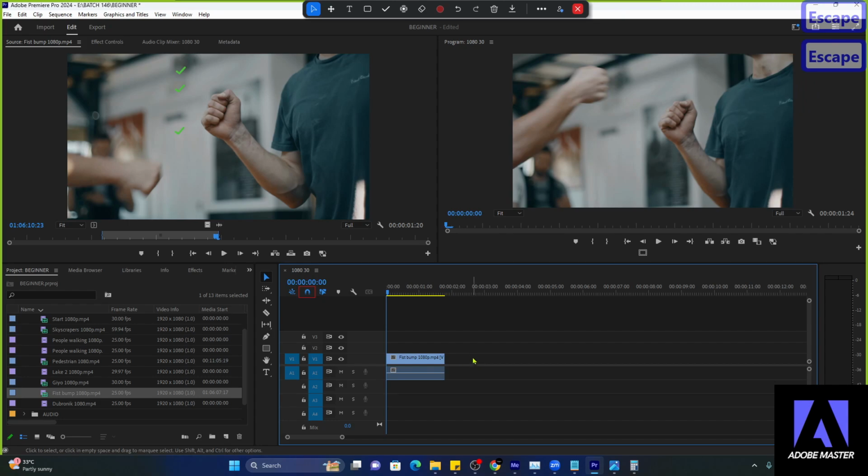So, while you're not selecting a clip, if you hold Alt on your keyboard, or Option on Mac, while you're holding it, you can select either one of them. Remember that they are linked, so if I release Alt, it's both of them, right? But if I hold Alt and select either one of them,